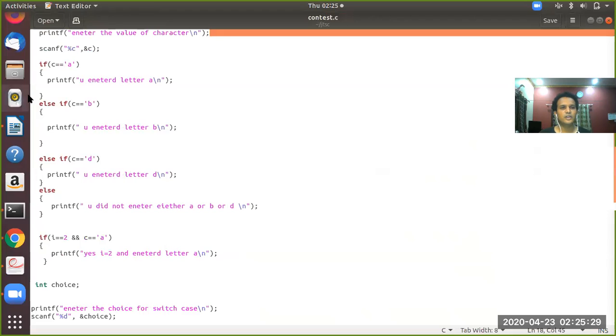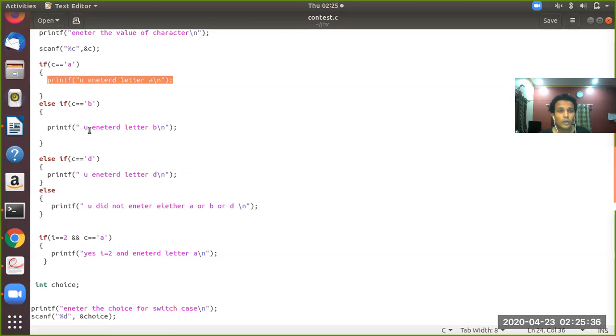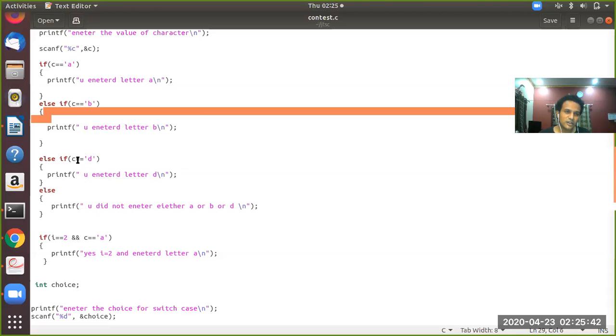Now if c is A, it will print you entered A. If c is B, it will not execute this part. It will go here and display you entered letter B. If you don't enter B, then it will check whether you entered D. Then it will print you entered D. If you don't enter either A or B or D, then it will print the statement you did not enter either A or B or D.